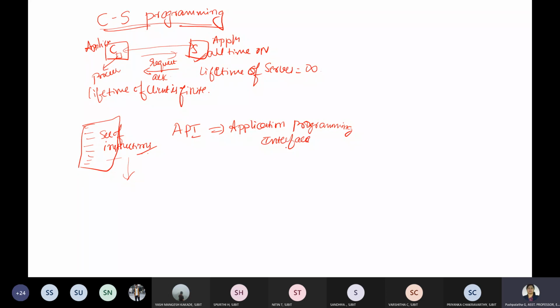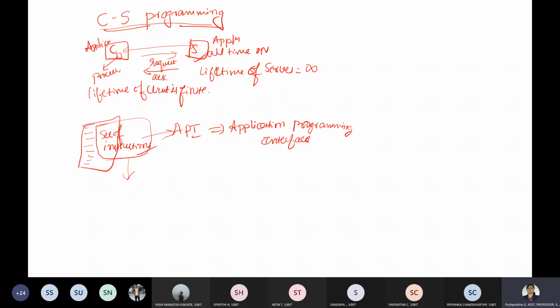APIs are nothing but the set of instructions that tell, in the example of the TCP/IP protocol suite itself, the lowest 4 layers to do particular operations: open the connection, take the data and encapsulate it, receive the data from the other end, close the connection, establish the connection, and so on. Some set of instructions which you give through the API. API is that only, and it is an interface in programming.